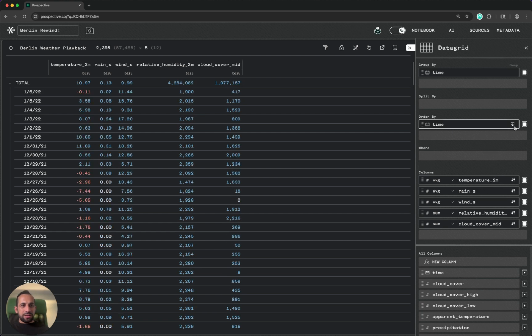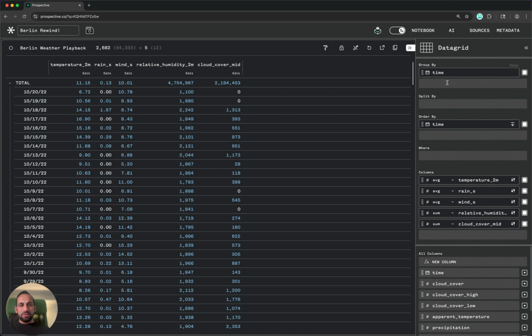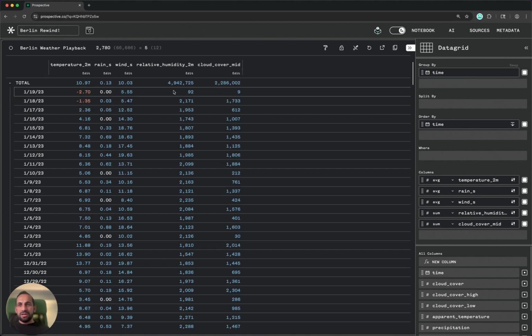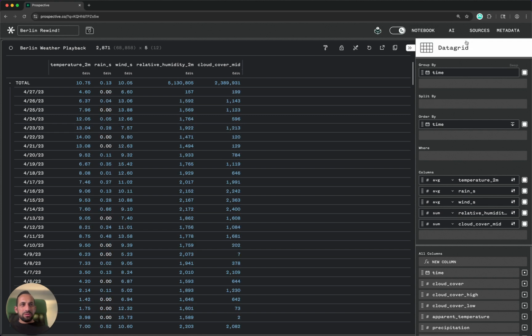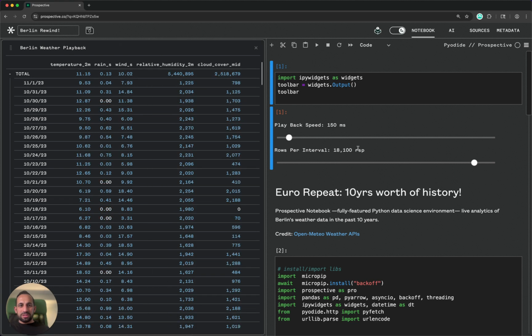So let's order by time in the reverse order, and you can see the data is just pouring in, and I'm able to analyze and visualize that in real time. Let me go back to the notebook and show you how this is done, because I think there's some interesting